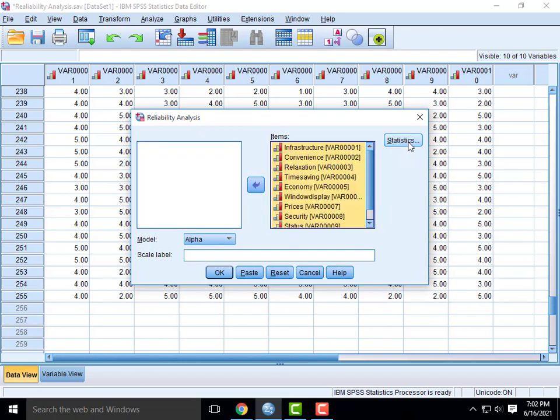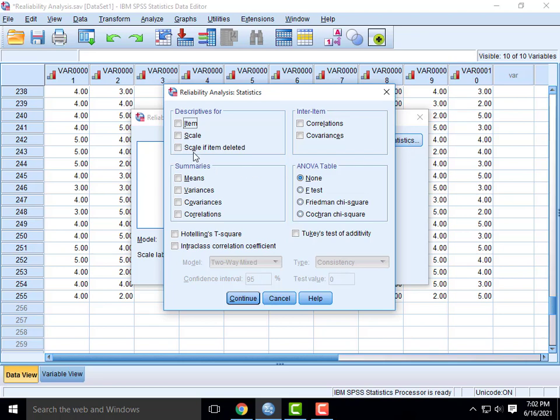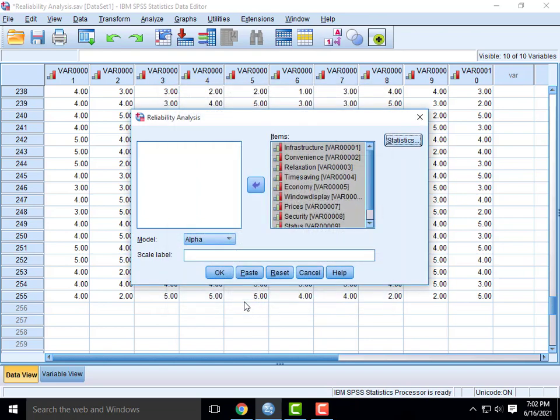Now click Statistics, select Scale, leave all these things as they are, no need to do anything in these boxes. Just select Scale alone, then select Scale if item deleted. These two are enough. Then click Continue.